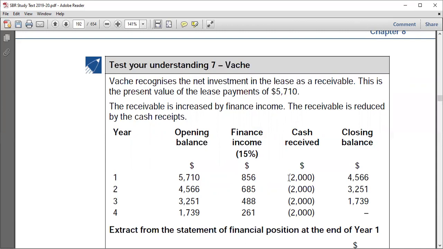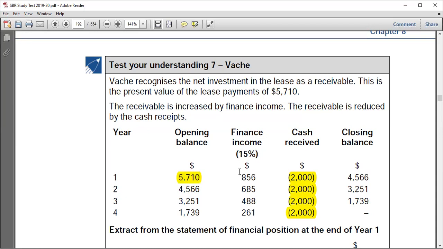That's why you see 2000 here, year 1, year 2, year 3, and year 4. So 2000 has been deducted through all the years, right? Just as you see here. Okay, now if we proceed, you'll find out that the opening balance of this figure here at the very beginning, and to obtain the finance income, you take that rate, you place it in the risk or incremental borrowing rate,